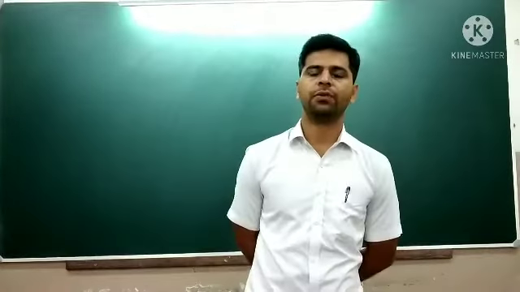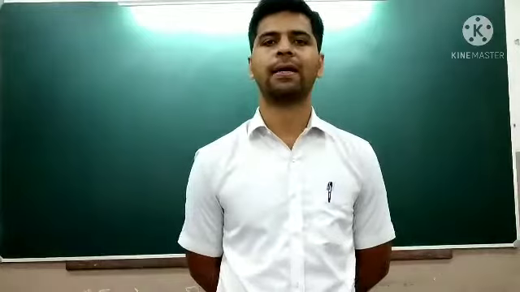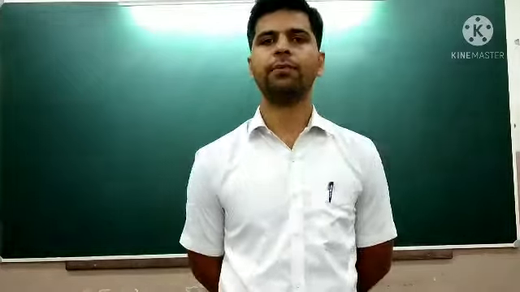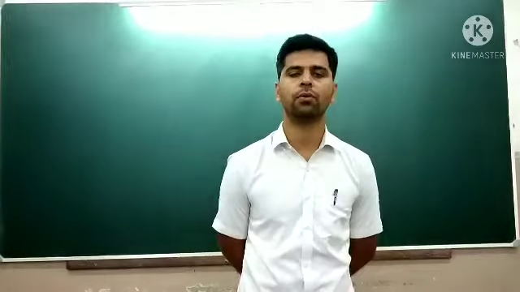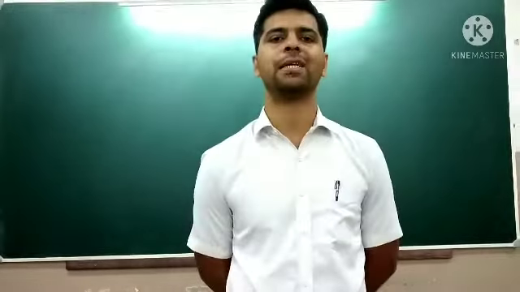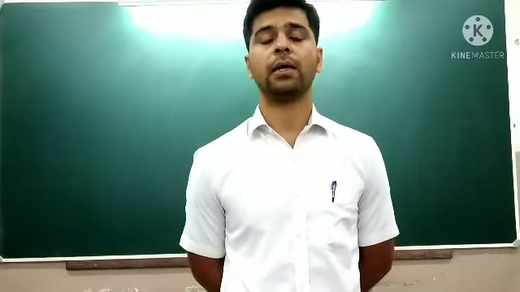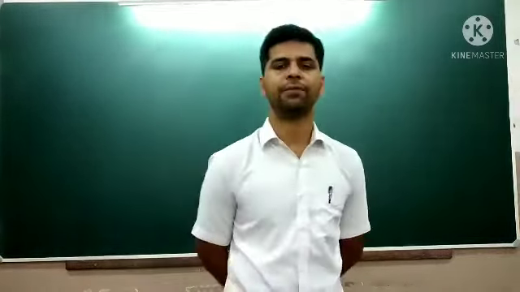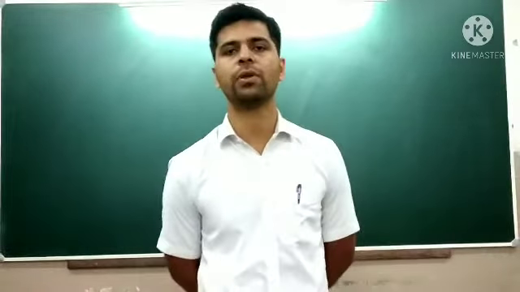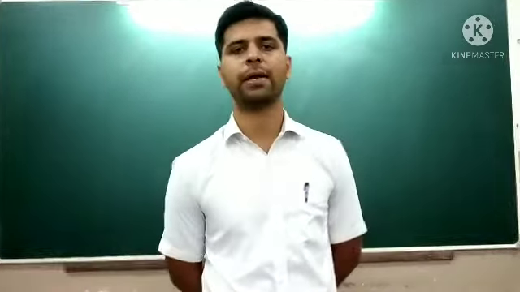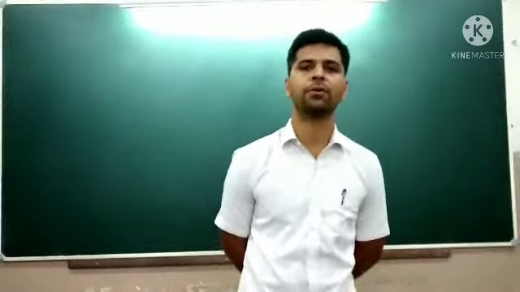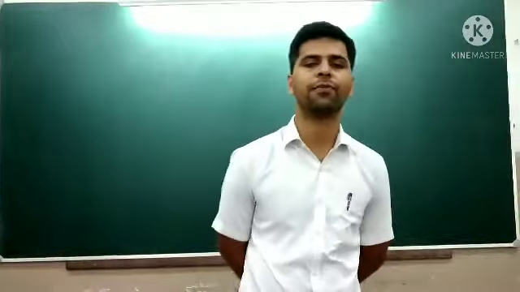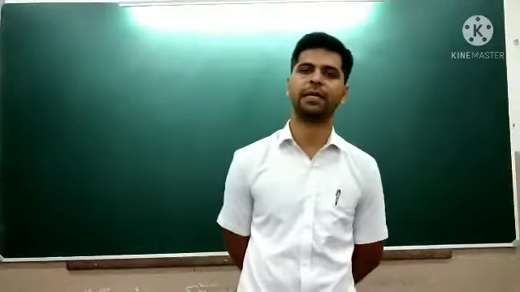So in the previous video we have started with chapter number 1, Angle and Measurement, from 11th standard Part 1 Maths Paper 1. In the very first video we have seen the definition of angle, how we can measure the angle, and in how many ways you can denote any angle. After the definition, we have seen the two different ways to represent any angle. One way, the angle you can represent in degree, as well as the angle you can represent in radian also. If your angle is given in terms of pi, it is known as radian, and if it is given in degree, it is a degree angle.